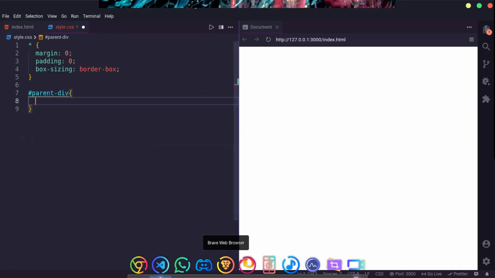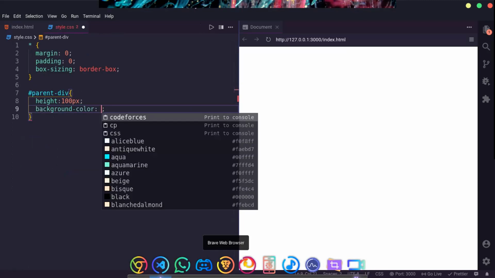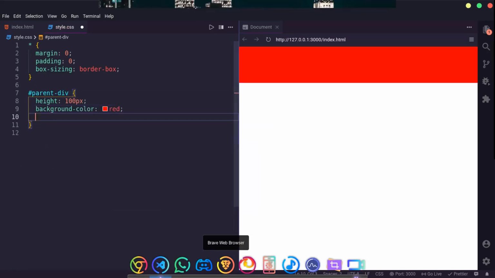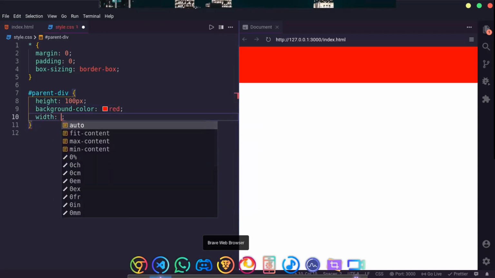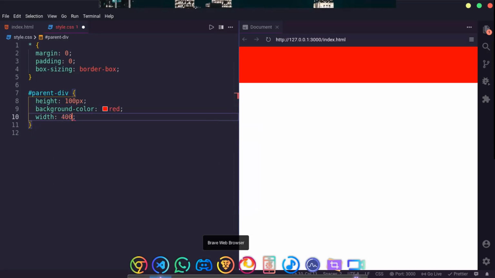Okay, so I want its height to be 100 pixels, background color as red, and width as maybe 400 pixels.